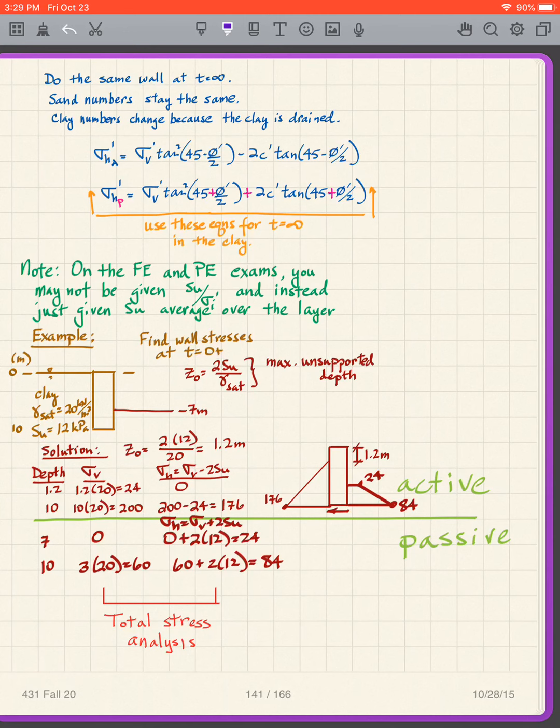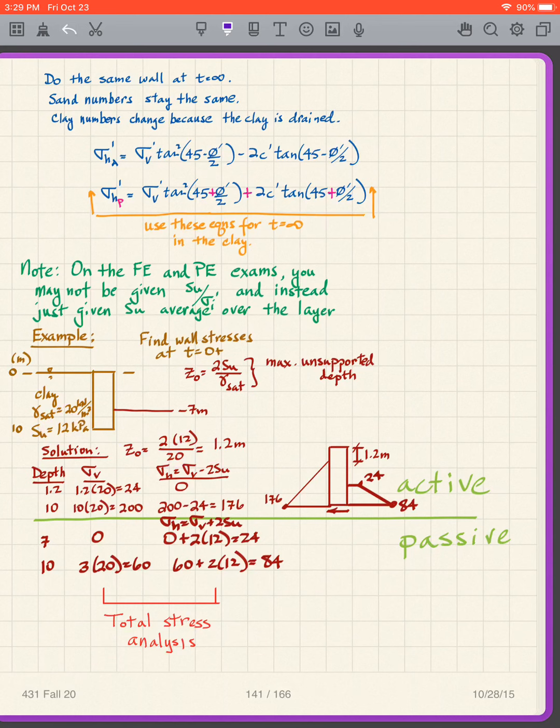So we're going to start with determining what that unsupported depth is. In this particular case, since our SU is 12, I put in the 12 there, and then gamma saturated is given to be 20. So 2 times 12 over 20 is 1.2 meters. Well, what does that mean? That means that